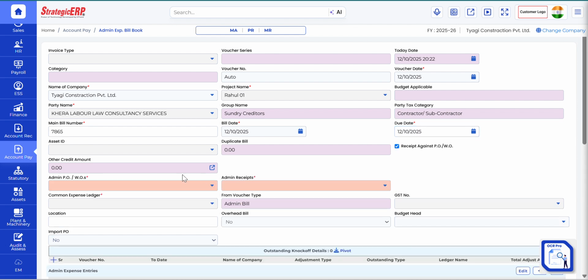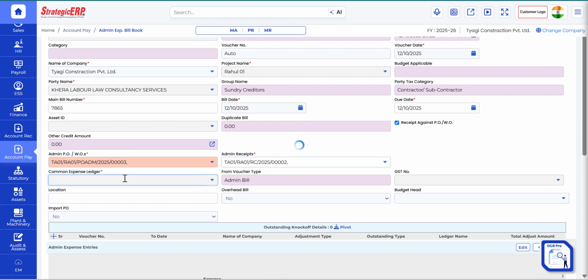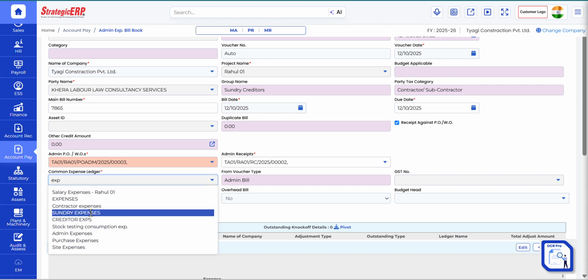Once I tick here, the system opens two options. One is admin PO number and second is admin receipt, which we have already booked earlier. So now I will provide the admin PO number here. I have selected the PO number. Then I will select the receipt as well. Once I select the admin receipt and expense ledger, under which expense ledger we are going to book this bill,